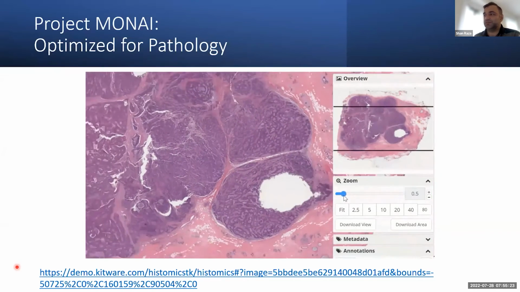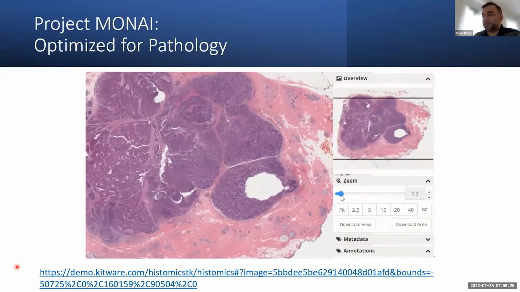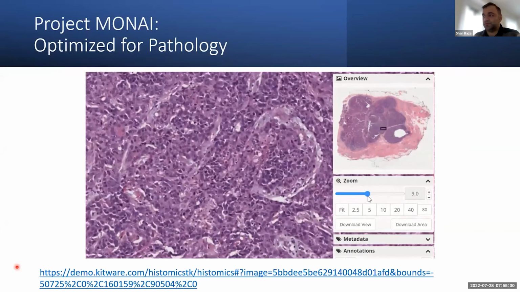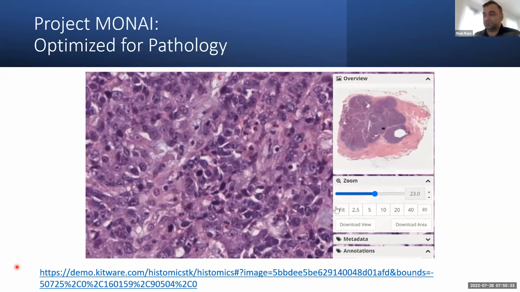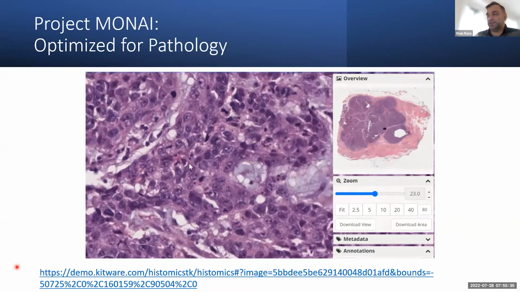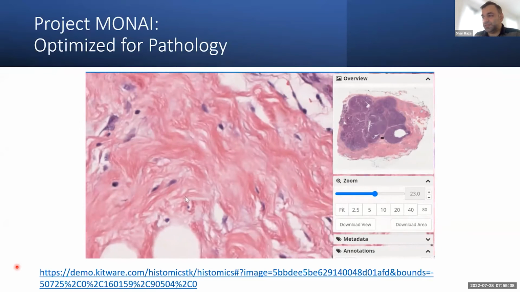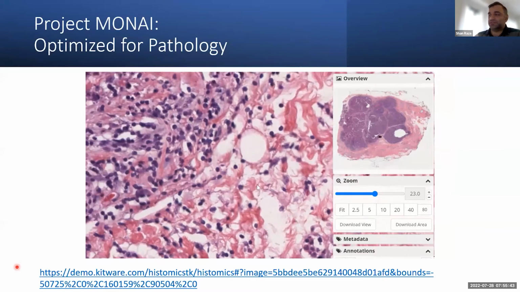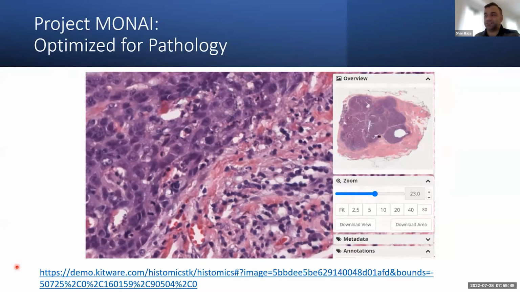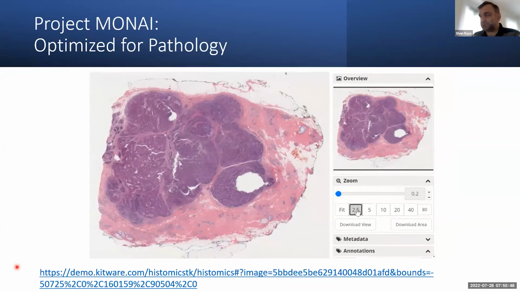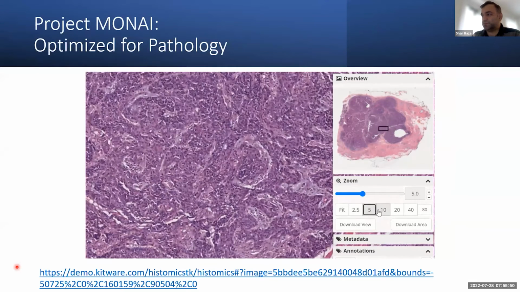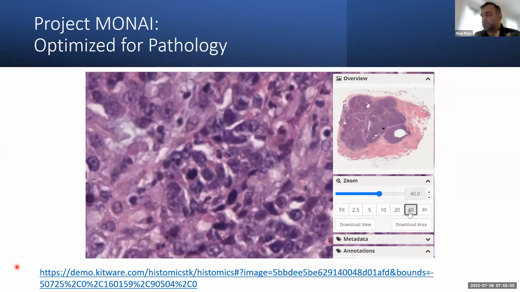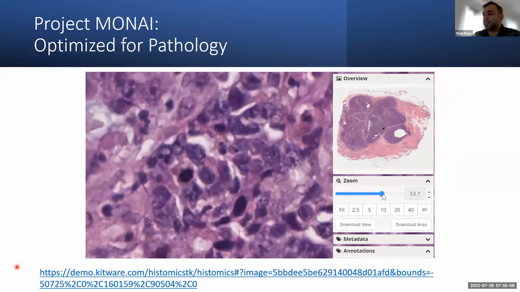We can work at the region level, at the intermediate magnification levels, or we can just zoom out all the way to the tissue level and develop algorithms at that level as well. So this is a multi-resolution approach. We need algorithms at each level if we consider this image as a pyramid. So this is the kind of images we work with, and obviously when we develop algorithms for these kinds of images,